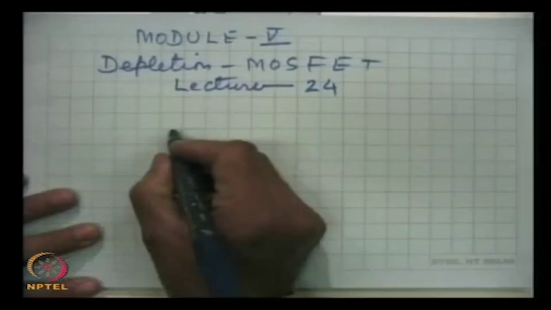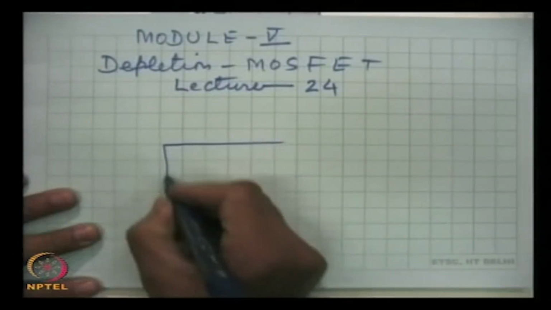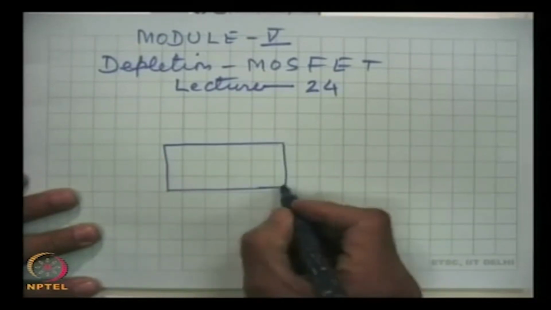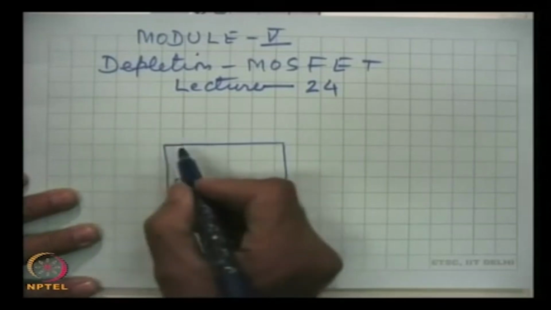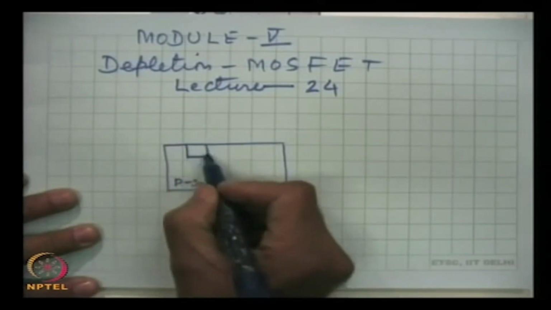Continue our discussion on the depletion MOSFET. Just to remind you of what we have done so far, the construction of the depletion MOSFET, DMOSFET, was that we took a P type silicon, P substrate, in which there were two